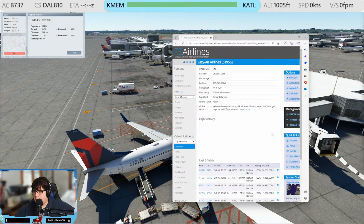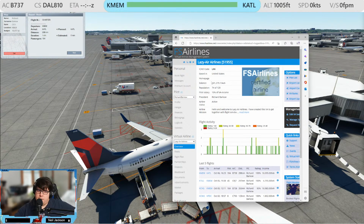So overview of my airline right now. We have just got over 3 digits. We're at 101 million. And we have a reputation of 74. I had a much higher reputation, but we go back in the day. This flight and this flight caused my ratings to go down because I was using